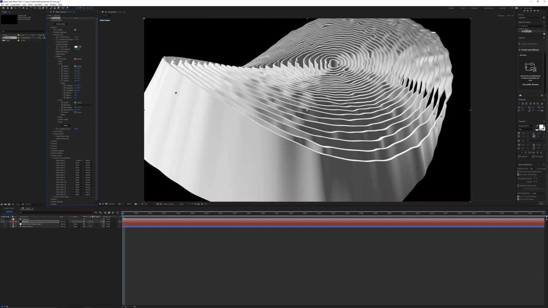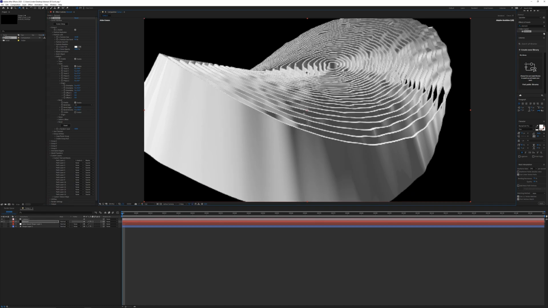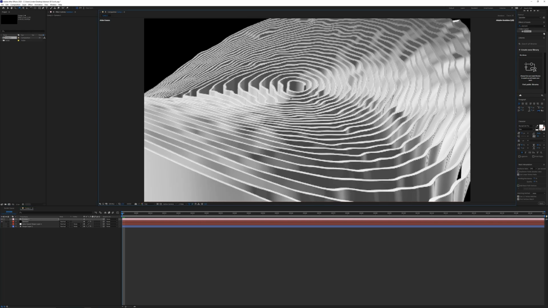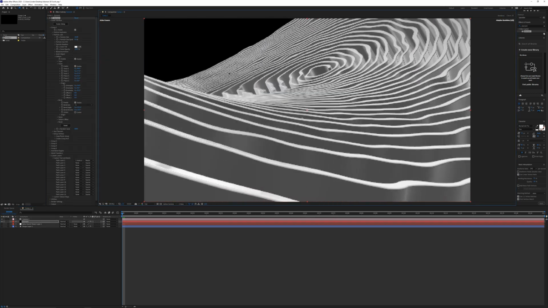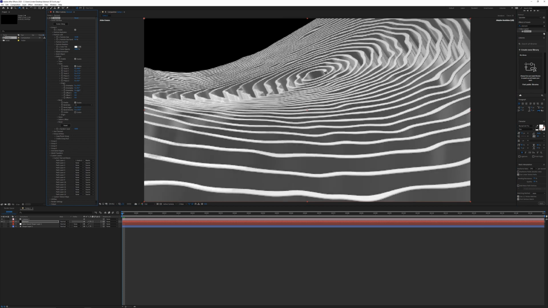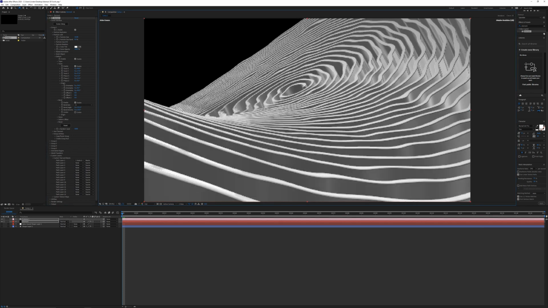And there's also the origin. That's kind of how you orient the twist or where it's centered. You can also use the bend modifiers as well. So spend some time trying to play around with these settings and find a good place to position your camera. So something like this looks pretty cool.